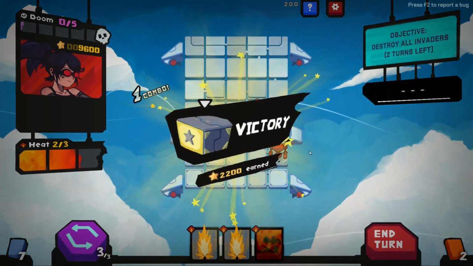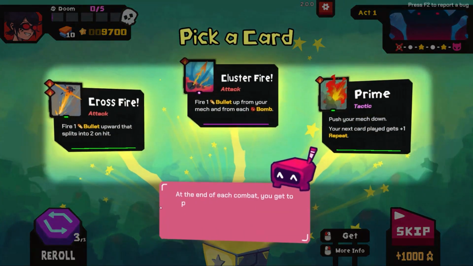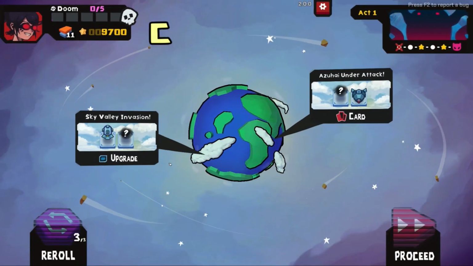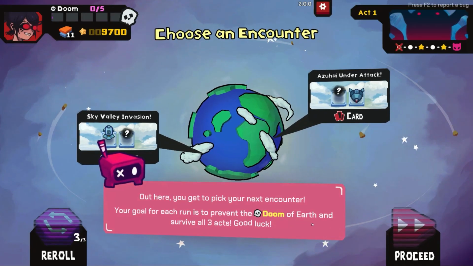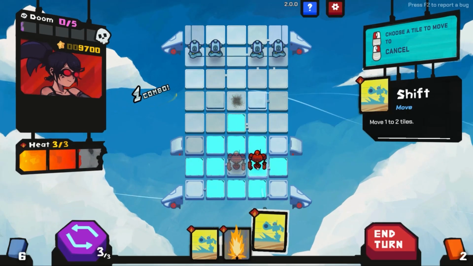Anyway, after we get through that battle, we get a reward at the end of it, which in this case was a loot box, which gave us a choice of a random card. So after we pick our reward, we get sent back to a menu screen of sorts that lets us choose our next mission, and we also get a preview of what those rewards will be depending on the mission that we choose. So I chose the Sky Valley Invasion mission since it said I got an upgrade point